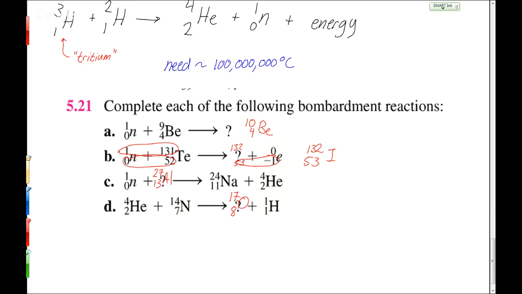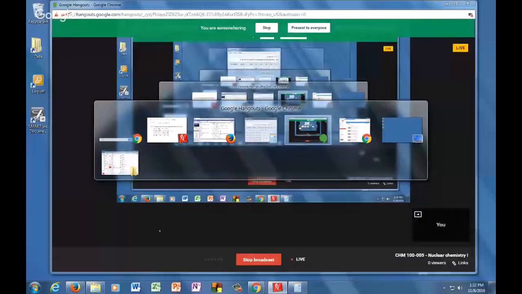All right, so that's how you do those. For all these reactions, all you got to do is just watch the numbers and make sure the numbers work out on both sides. And then you're good. Questions about those reactions? Okay. On Thursday, we'll have the quiz, and then we'll go over measuring radiation, half-life calculations, that kind of stuff. Okay, with the rest